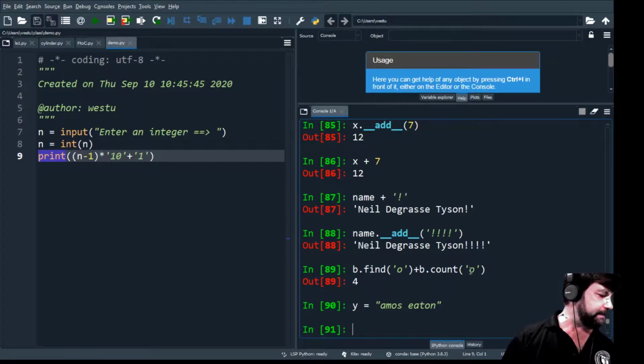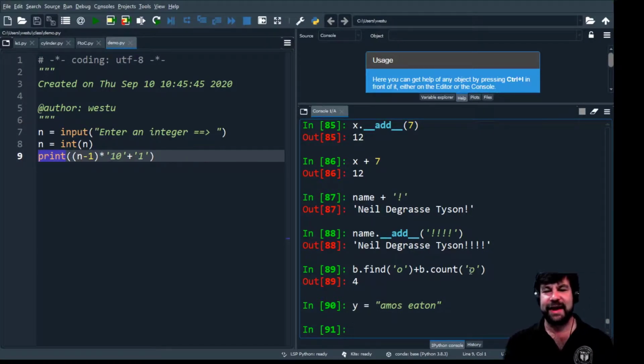Okay, so Y is Amos Eaton. You guys would have name. And what we want is to generate a string where each A has as many A's as there are entire A's in Amos Eaton. So we know that y.count